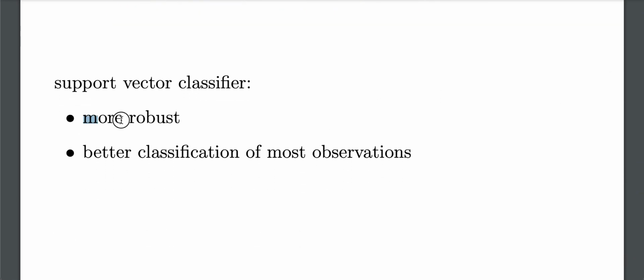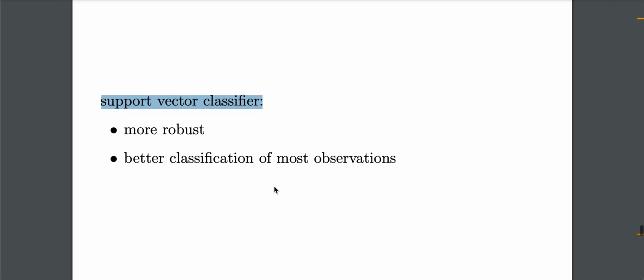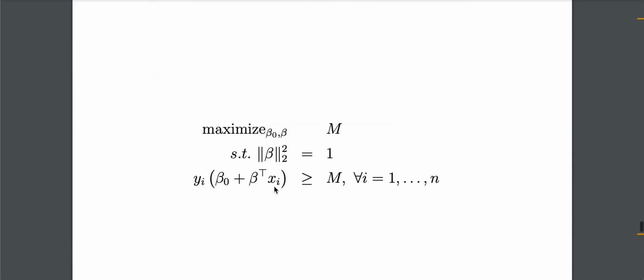So we want more robustness and better classification for most observations. That's the objective of a support vector classifier, which is sometimes also called a soft margin classifier. So rather than seeking the largest possible margin so that every observation is not only on the correct side of the hyperplane, but also on the correct side of the margin,